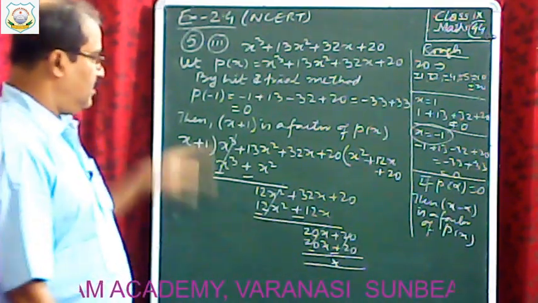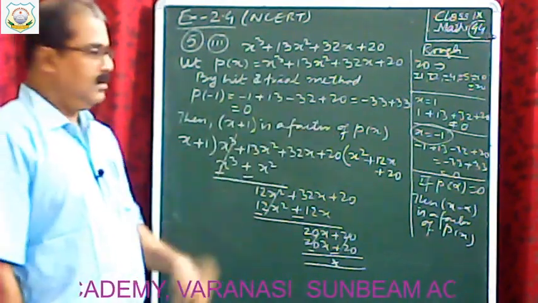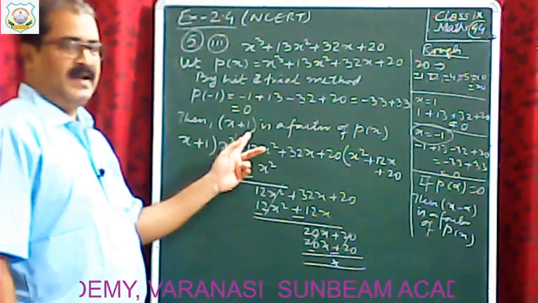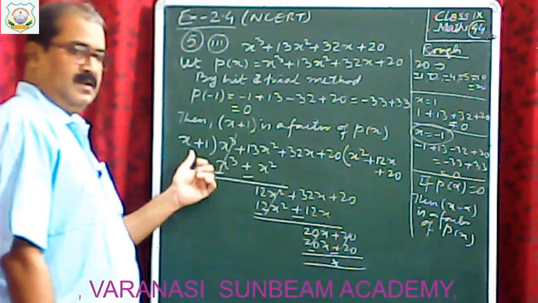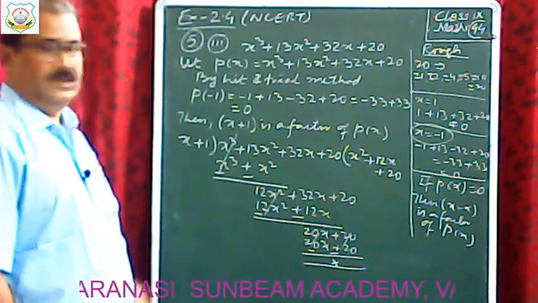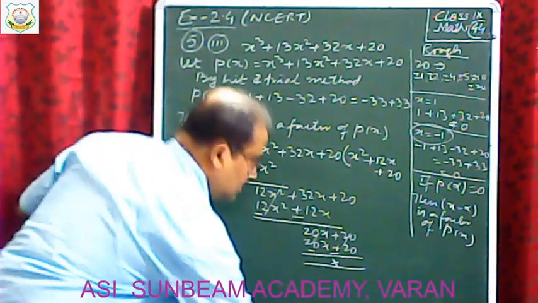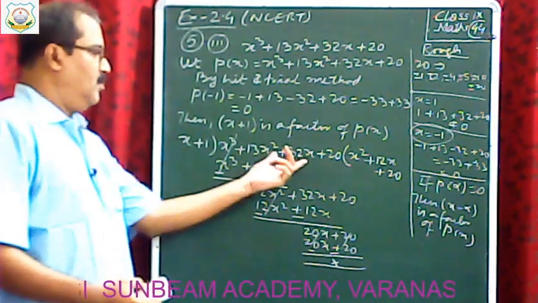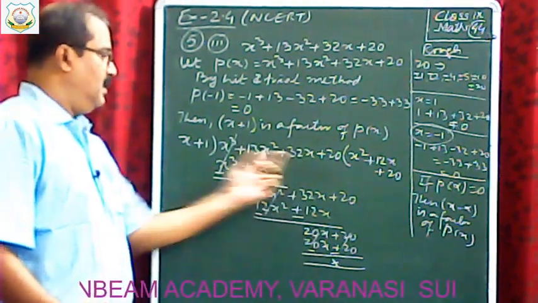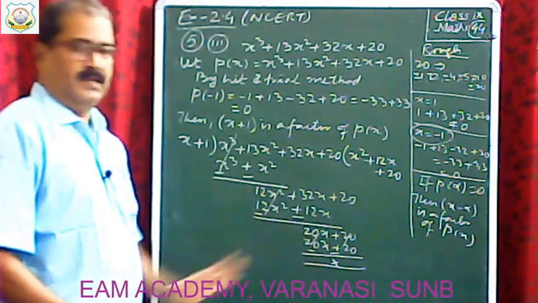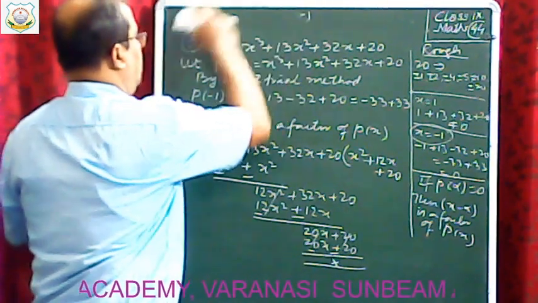Okay, stage number 2. Stage number 1, you have to find zero of the polynomial. The process I have shown. After getting the zero, you have to make a factor of the polynomial. Now thereafter second stage, you have to divide the given polynomial by the factor, and thereafter by division algorithm. By division algorithm is what? Dividend equal to divisor into quotient plus remainder. That is the division algorithm. So that division algorithm we have to follow.